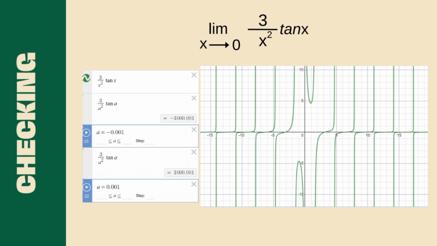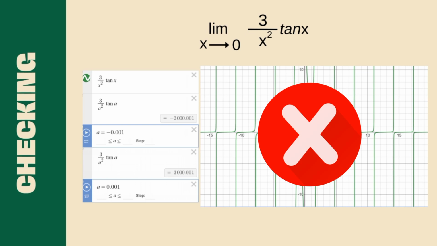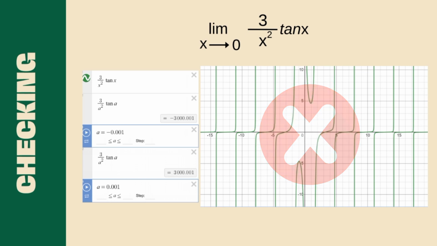To check our answer, let us graph the function using Desmos. As you can see, it is such a complex graph that both sides approach infinity, which proves that the limit of the function is undefined or does not exist. To further verify, let's check using the table of values. Since 0 is the approaching value, we just have to get one closed value from each side of 0. Here, we chose